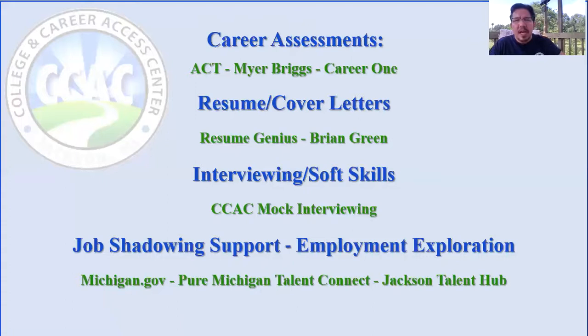Interviewing skills: students can come right into our center, or we can set it up by Zoom, whatever means you find convenient, and do mock interviewing, which sounds a little like role play, but we have found that it's very effective to work with students on developing those interviewing skills, to be able to give responses in an interview that really highlight their particular skills, their particular strengths, and make them a quality candidate.